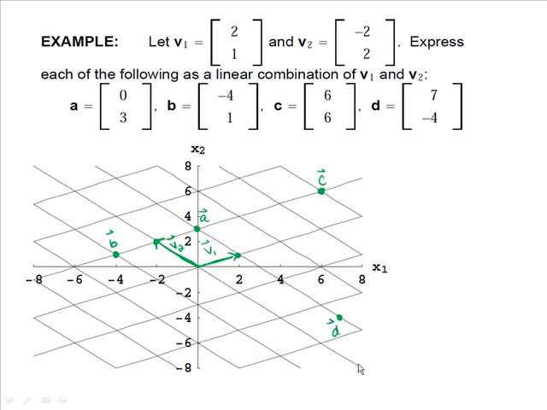So we're going to use the parallelogram rule, and we can see that A is the 4th point of my parallelogram if I was to add v1 and v2. So we see then that A is v1 plus v2. And we can check that if I add v1 and v2, 2 plus -2 is 0, and 1 plus 2